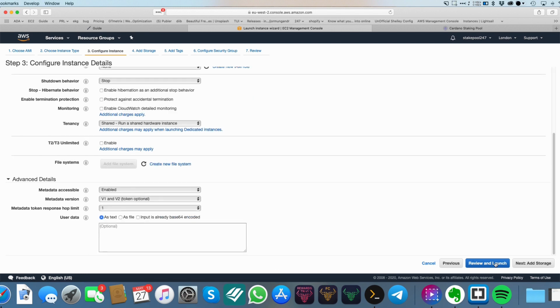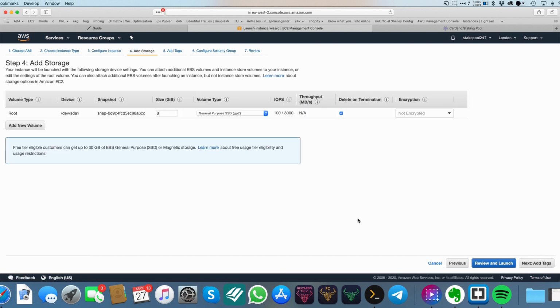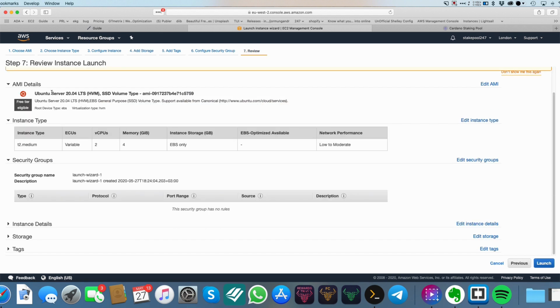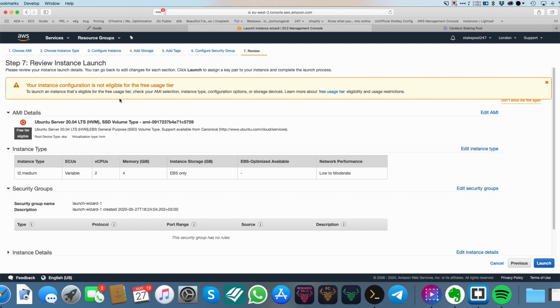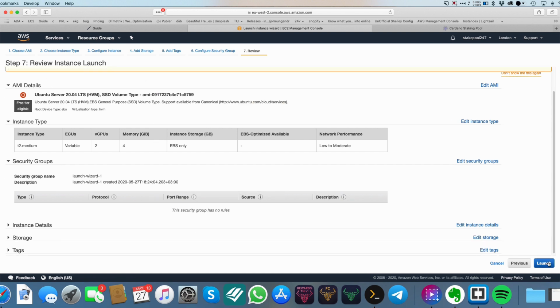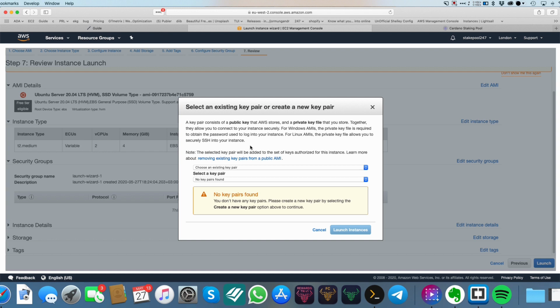Just click next. Okay, so let's add storage, of course. I would go with 30 gigs. 20 should be enough, but let's go with 30 gigs just in case. Okay, not encrypted. Review and launch. So everything looks good. Yep. Okay, then let's click launch and let's create